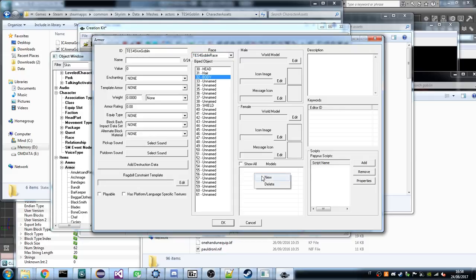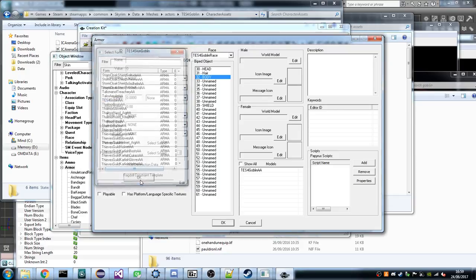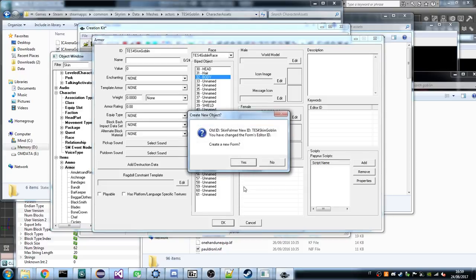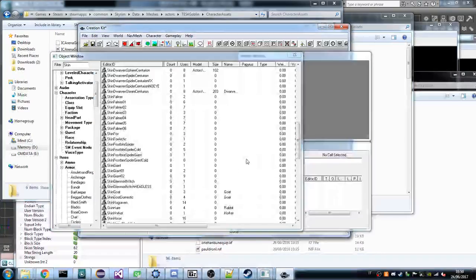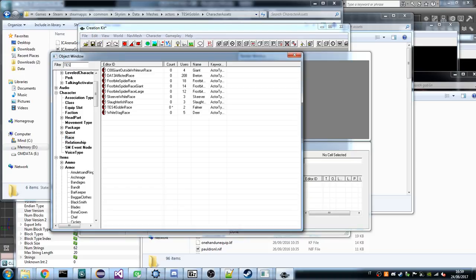And we also need a model for that, which is our armor add-on, and that's why we also need to do an armor add-on for our race to work and show the model. Yes, that's fine. So we can go back to our race now